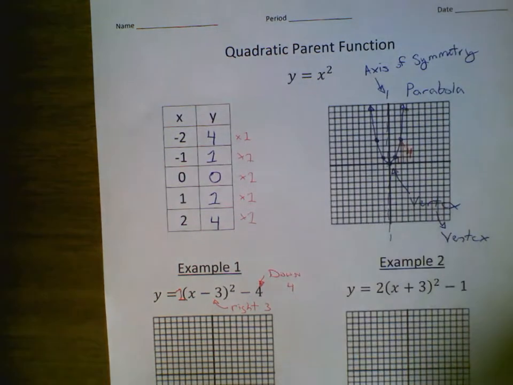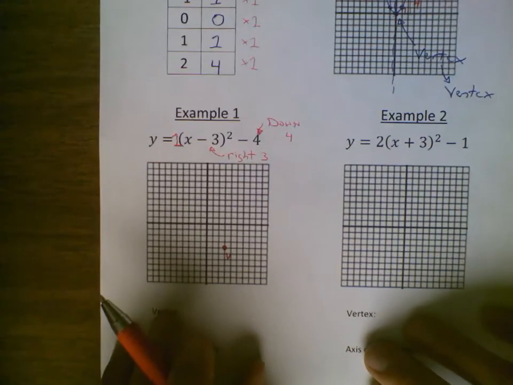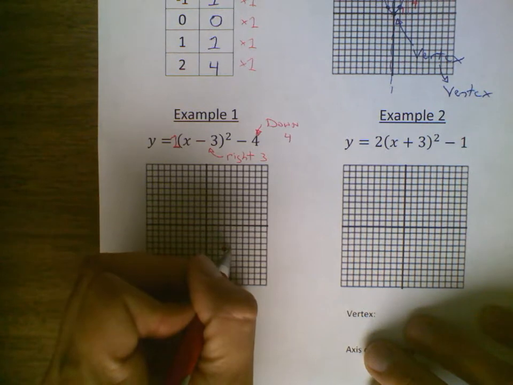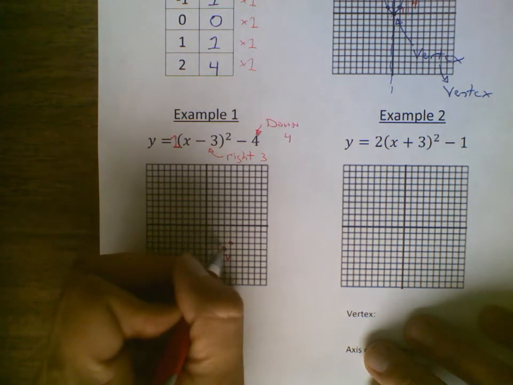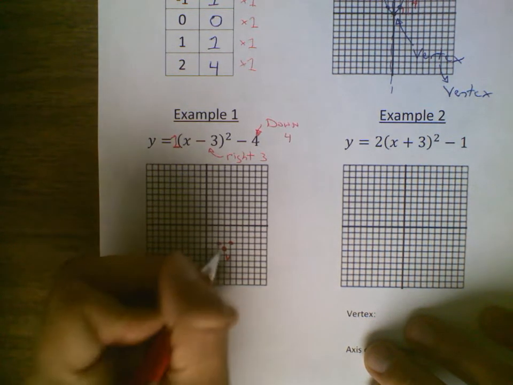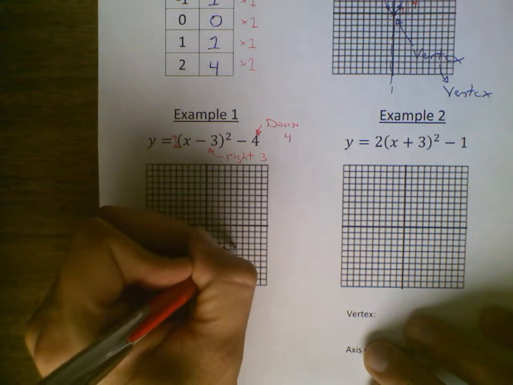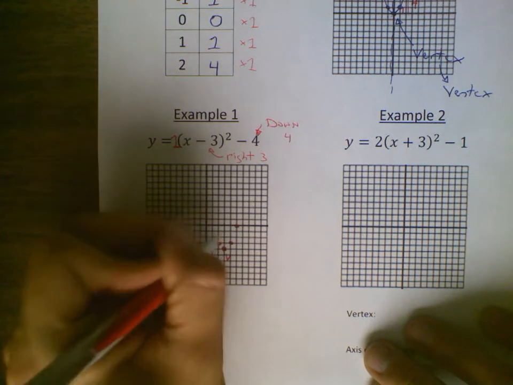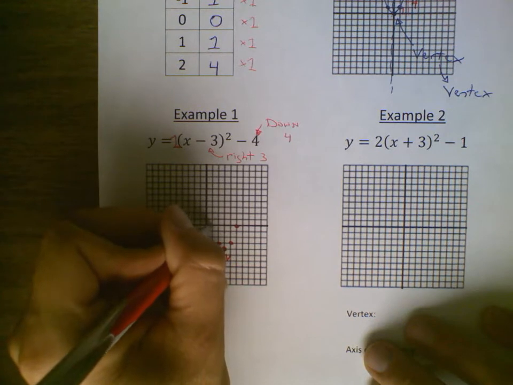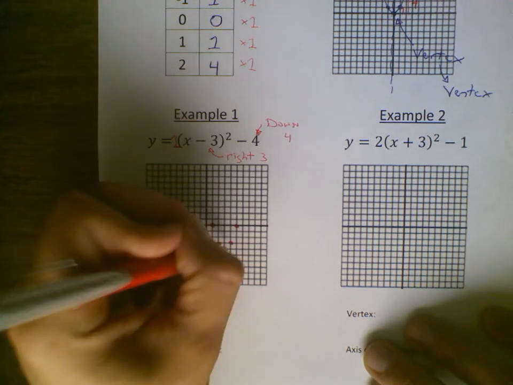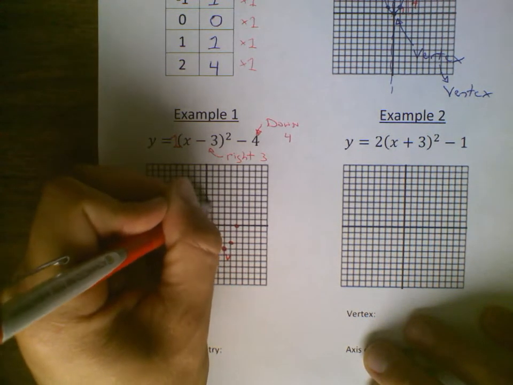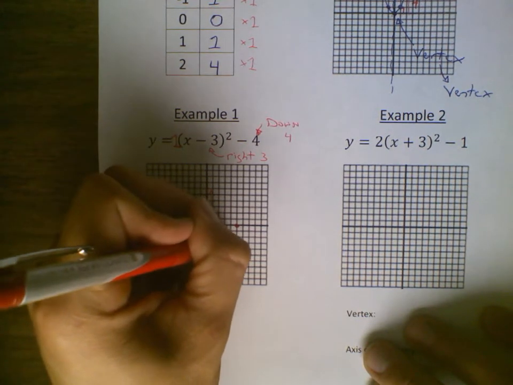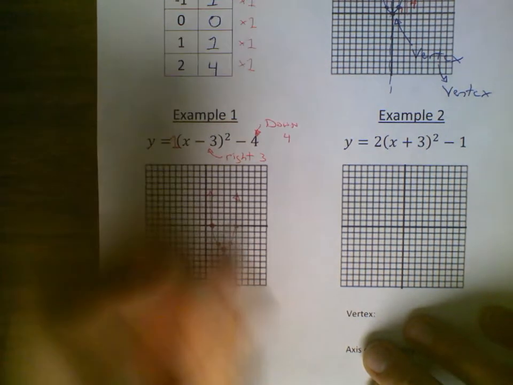So what that means then is on my graph, when I go over 1, I'm just going to go up 1. When I go over 1, I go up 1. When I go over 2, I'm going to go up 4. And when I go over 2 the other way, I'm going to go up 4. Okay, so I get a parabola that's been shifted right 3, down 4, but the stretch has stayed the same